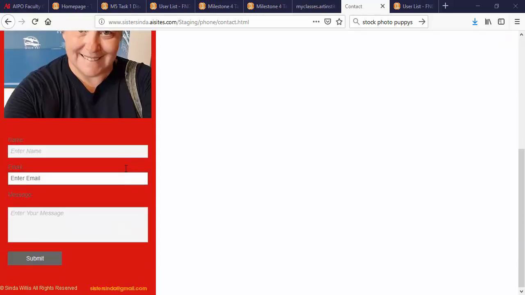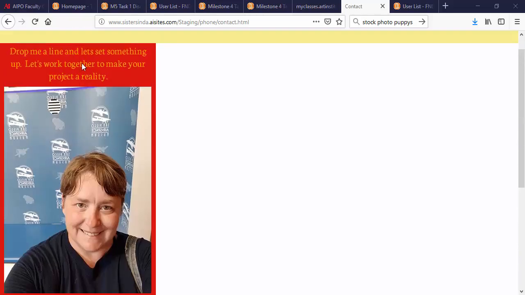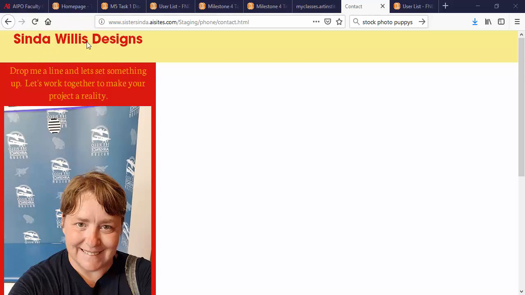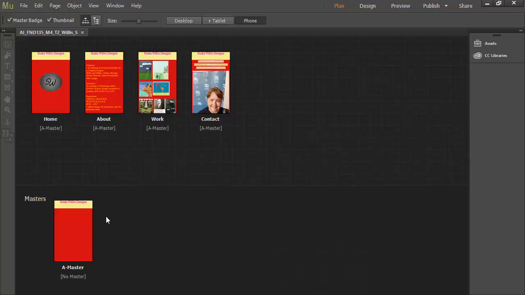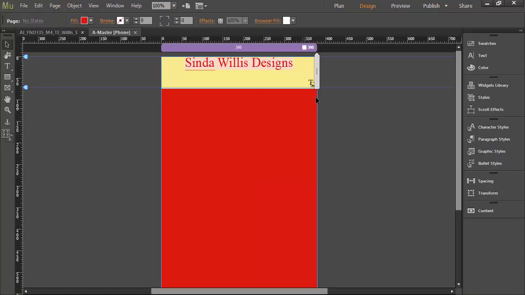Okay, so with the mobile layout, one of the things we're going to have to do is we definitely have to have a navigation bar because I can't get to the other pages without doing that. And then especially for the contact page, we definitely want to make the text labels a little bit larger to read for that purpose. So on our master page, one of the things I would probably have you do